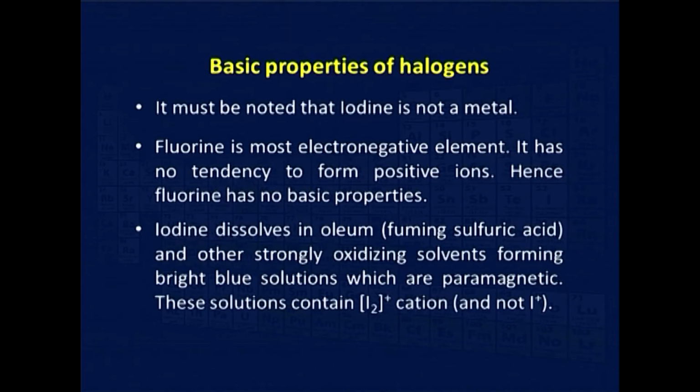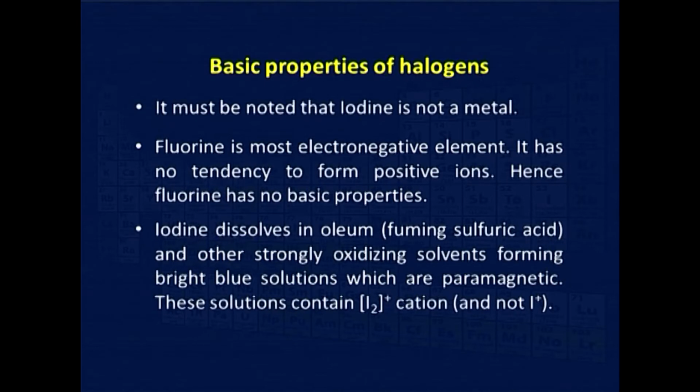Fluorine is the most electronegative element. It has no tendency to form positive ions. Hence, fluorine has no basic properties. Iodine dissolves in oleum. Oleum is nothing but fuming sulfuric acid, and in other strongly oxidizing solvents, it forms